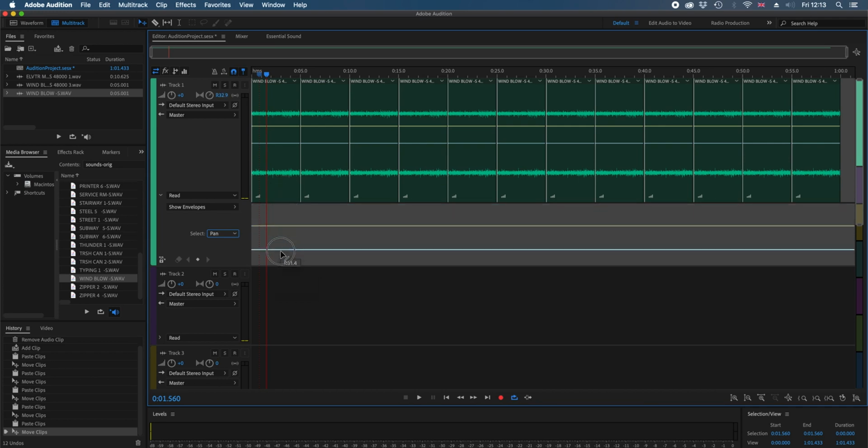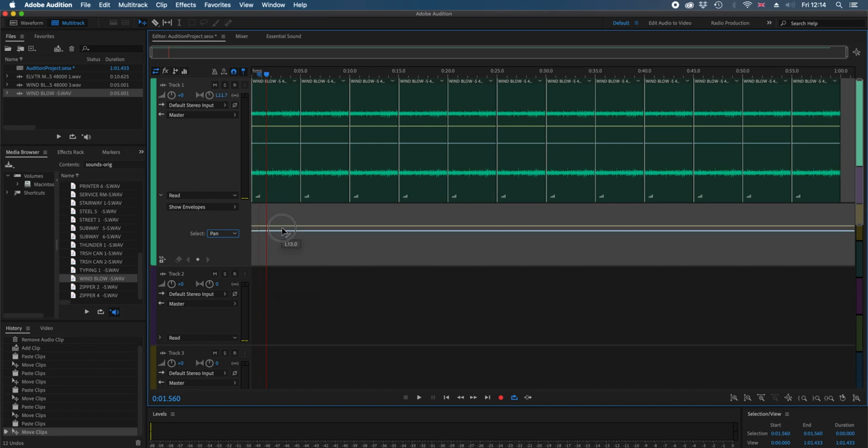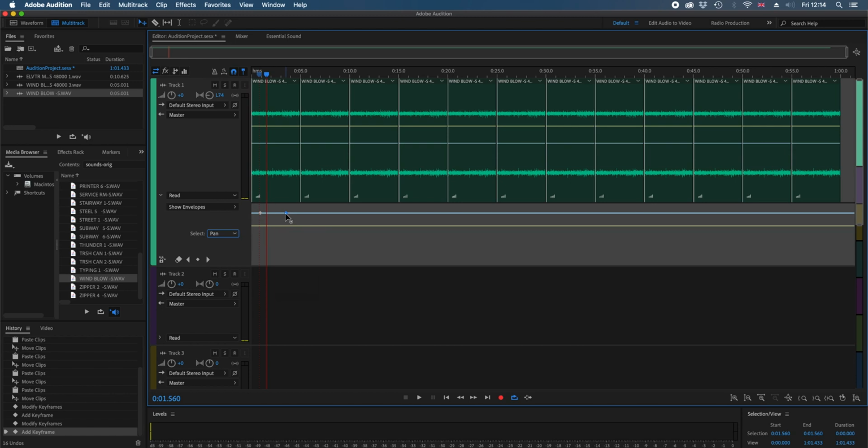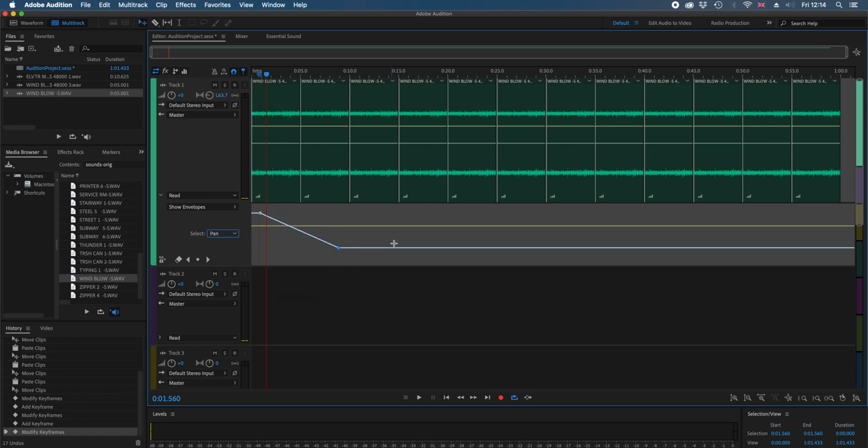So by moving this line, I'm able to control where my panning is. But in addition to this, I can create keyframes by clicking anywhere on the line, and I'm able to create different properties for my sound, and in this way I can move from one side to the other